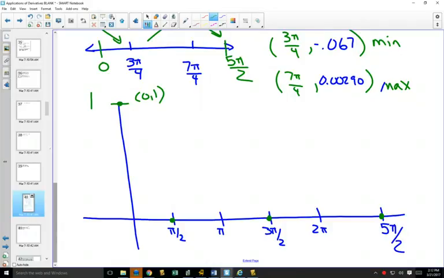Now, on my graph, I'm going to need to label 3 pi over 4 and 7 pi over 4. And label those points on my graph as well. What happens at 3 pi over 4? I'm actually going to move this to label above. 0.067. That would approximately be about there. 3 pi over 4, comma, negative 0.067. And 7 pi over 4 is at 0.00290. That's going to be really close to the x-axis. So if I label that point,